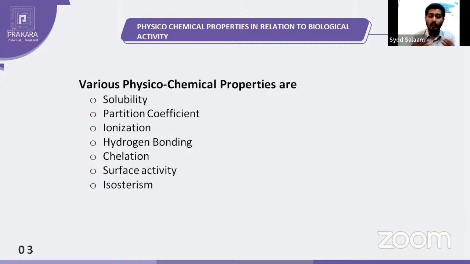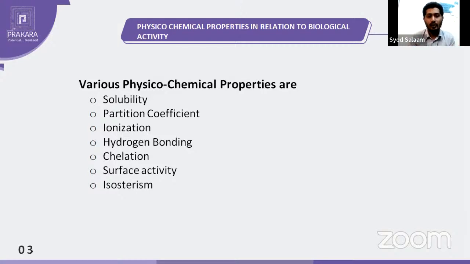Isosters are molecules that are chemically different but show the same pharmacological response, and that is called isosterism. To be specific, it is called